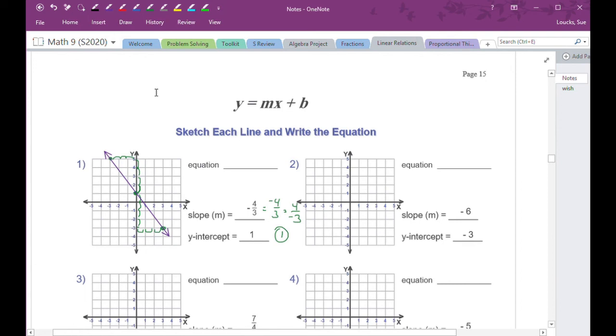Now I need to write the equation. So this up here, y equals mx plus b, is the formula for the equation. It's the form of the equation. I talk about the skeleton of the equation, which is